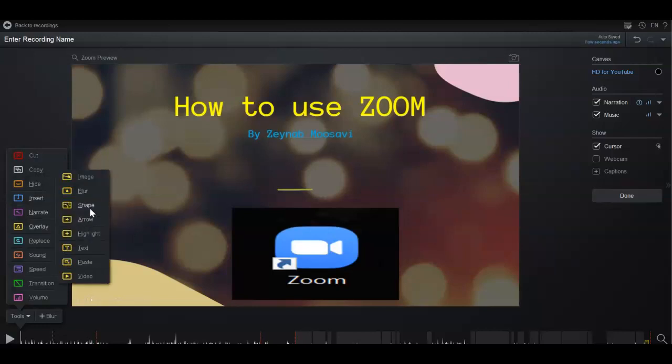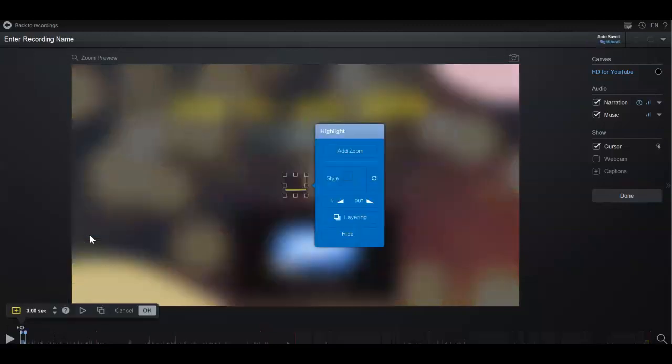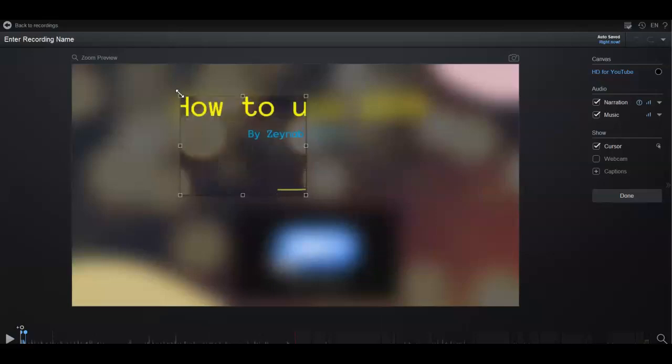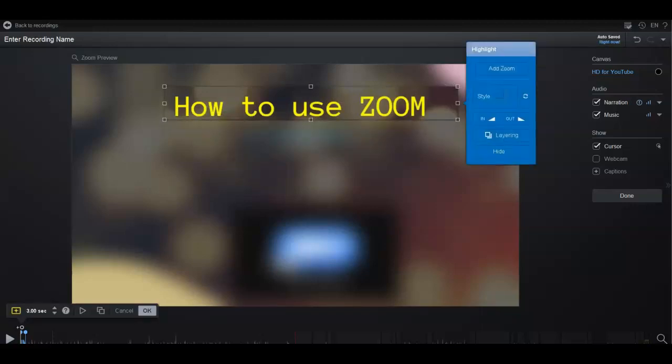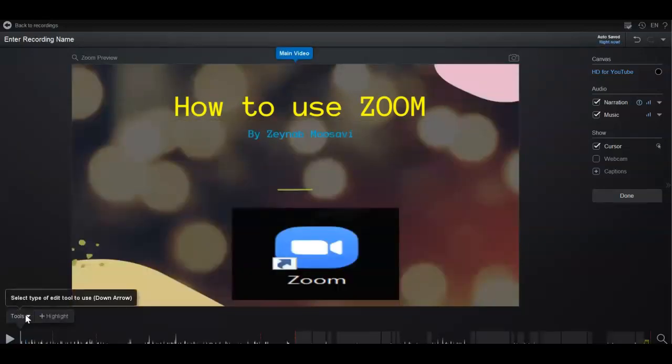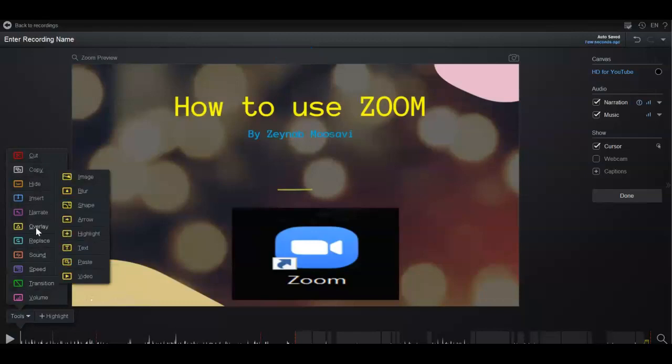If you'd like to add a shape, you can click on shape, arrow. If you'd like to highlight, for example, I'm going to highlight how to use Zoom. In this way, I can highlight it, and then you can click on OK. And also it shows the time. We can increase the time. So I'm going to cancel it, and again click on tools, overlay, and you can add text,